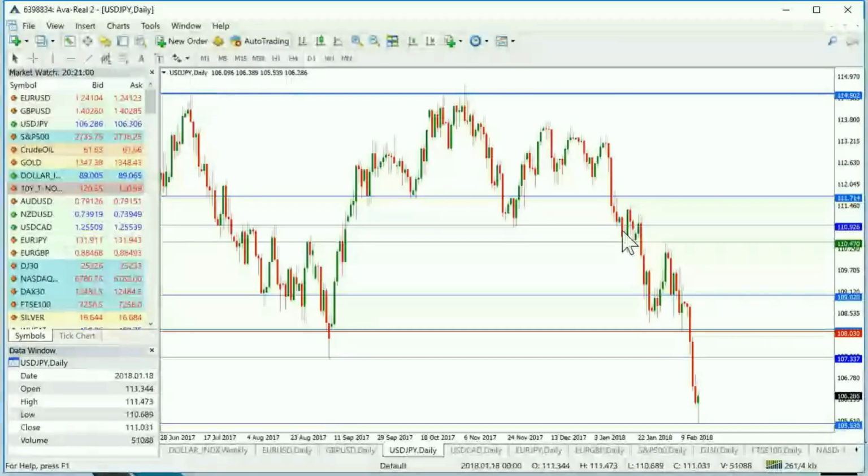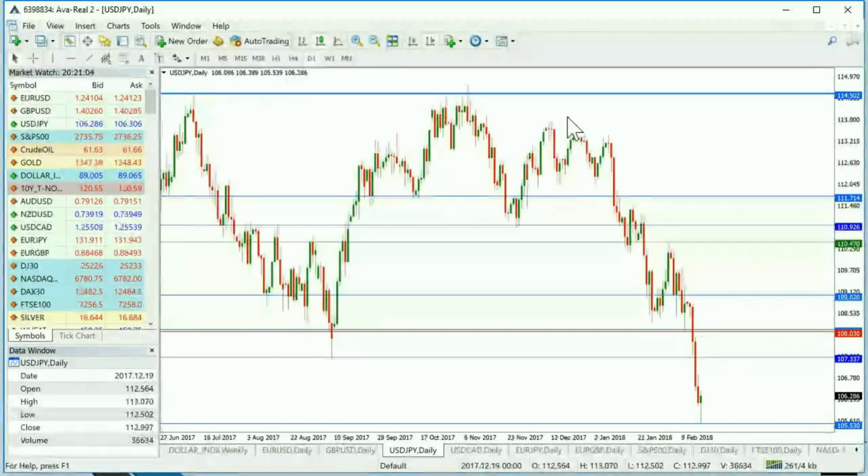The dollar yen, the dollar's really benefited from the selling off we've seen in the indices. The fear and the anxiety that kicks in to some of those markets, not so much over the last week, but prior to that, we all know that the stock markets took a bit of a pounding, and